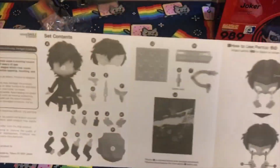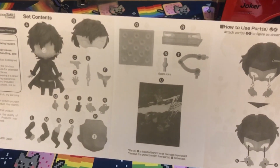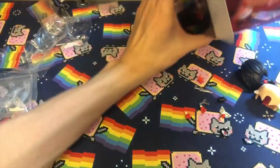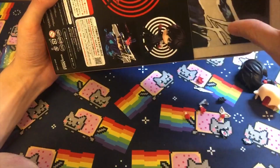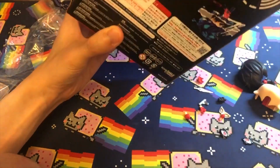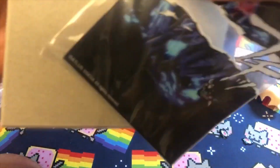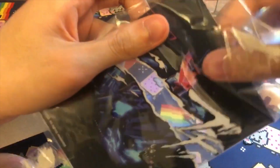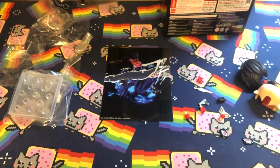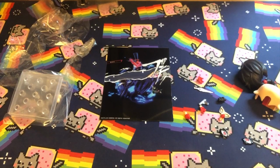So if you look at the parts, that's all it gets. Actually, there is this back part here, which is when he summons his persona. Looks pretty dope. Of course, this one is made of plastic, unlike the Kizuna Eye one, which was made of paper, which I still don't really like. I don't even know what happened to it. I think I put it somewhere and just forgot where it is. Anyway,